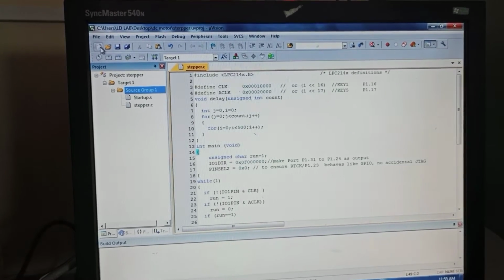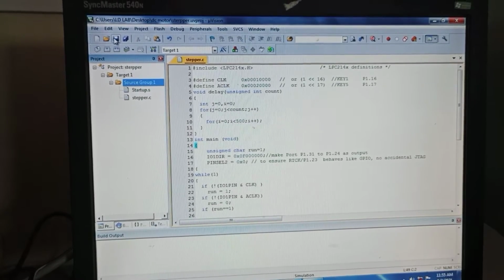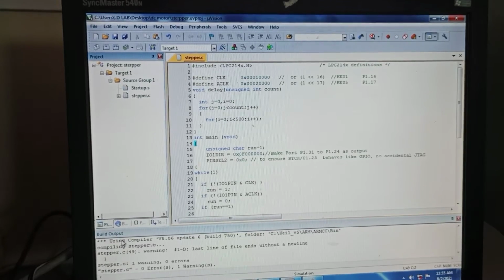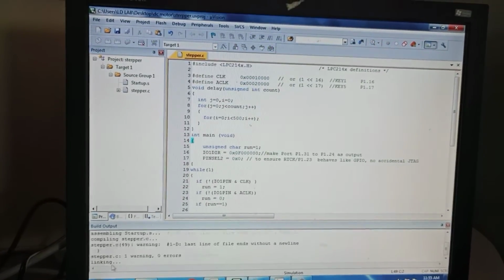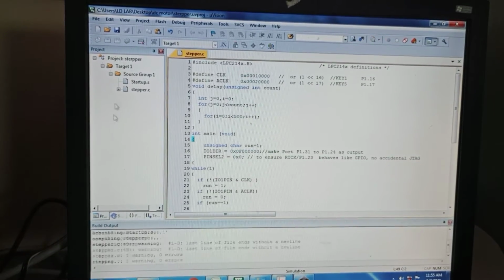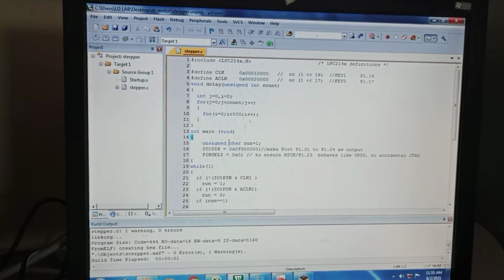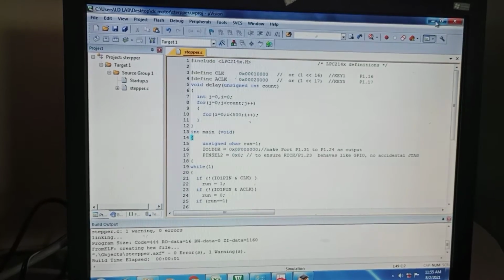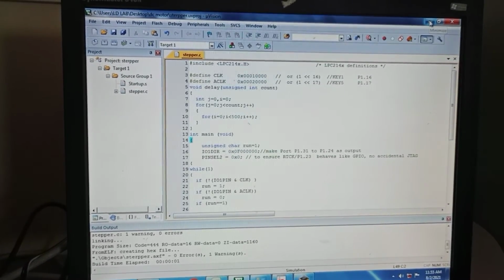So now we are going to see if any errors are there. Okay, you have to save it once again, then click on the build function. See, there are no errors, 0 errors. Again click on the build all target function, still no errors. Again rebuild all the target files, still there are no errors. So my program does not have any errors. Now I am going to compile, so the compilation will be over. So I am going to run the program.